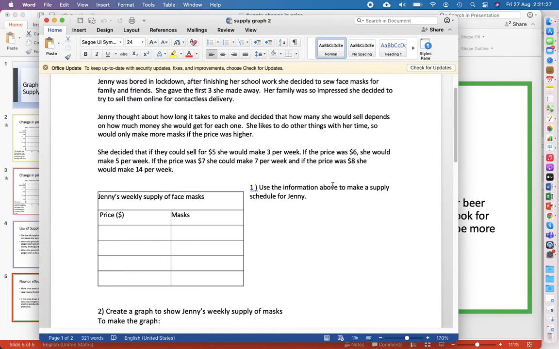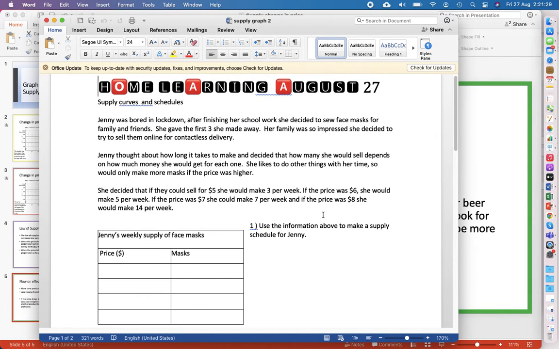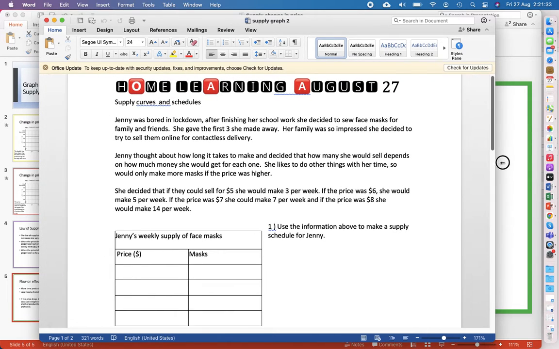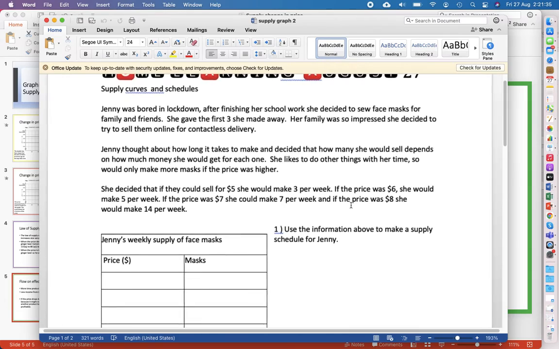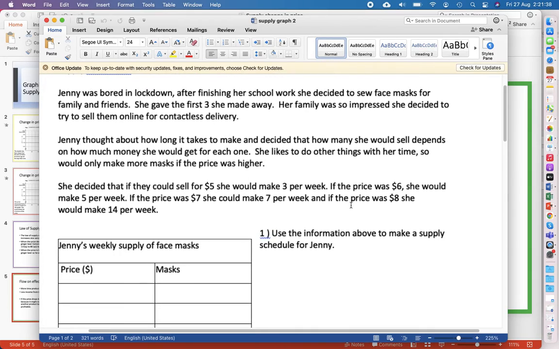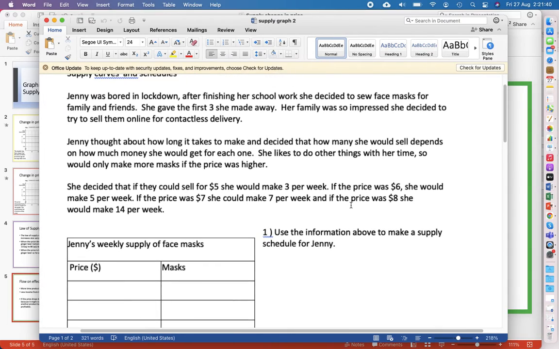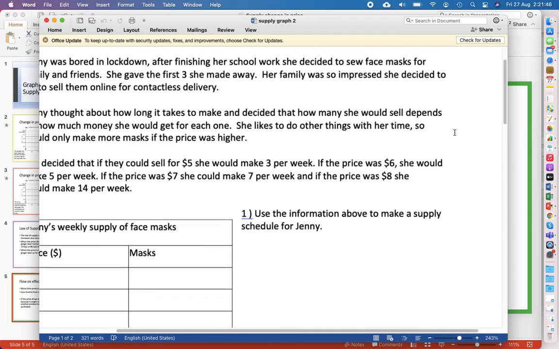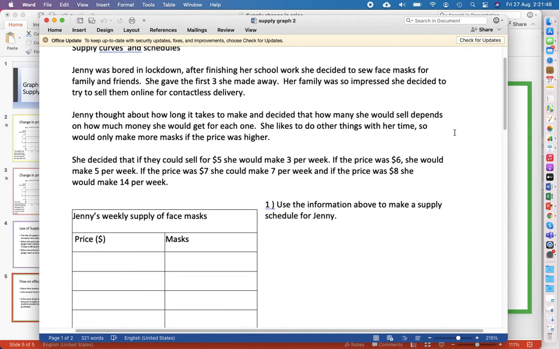This was from lockdown. So we've got Jenny bored in lockdown after finishing her schoolwork, because of course everyone does all their schoolwork before they start doing other things. She decides to sew face masks for family and friends. Gave the first 3 she made away, and they were so impressed that they wanted to buy them. And so she's decided to try and sell them online, put them out in a letterbox or something like that